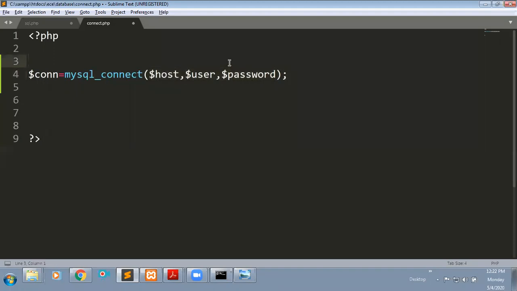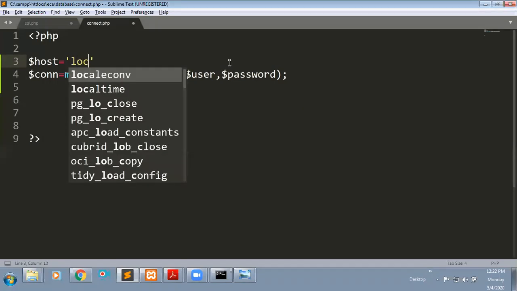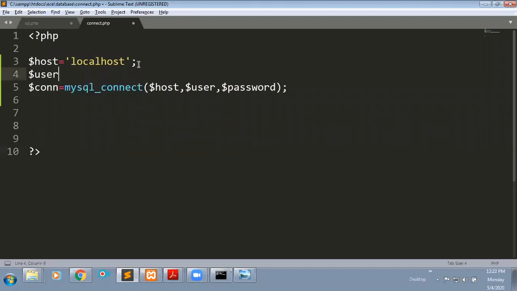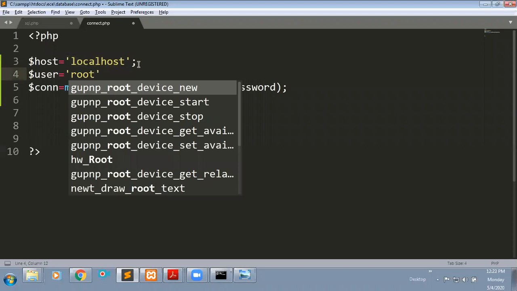What are these parameters? For example, I have installed MySQL in my own computer, so you need to mention here that the host is localhost. The user is root, since we connect using the root user only.